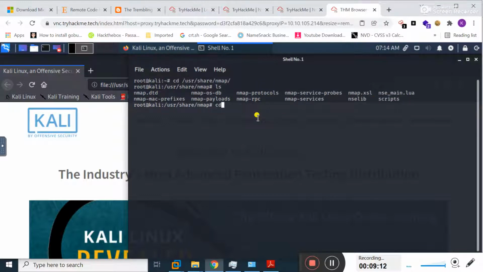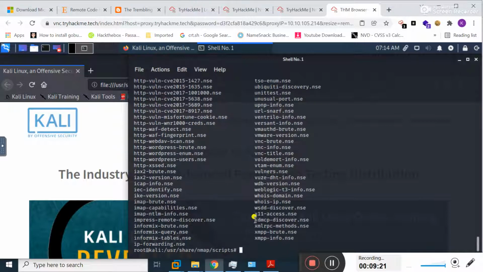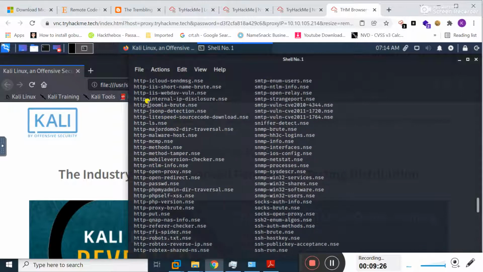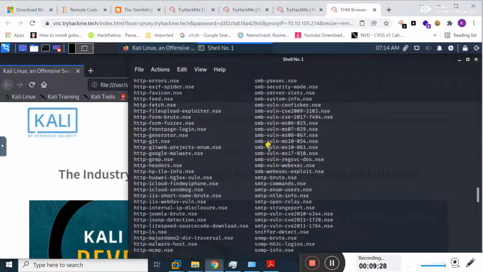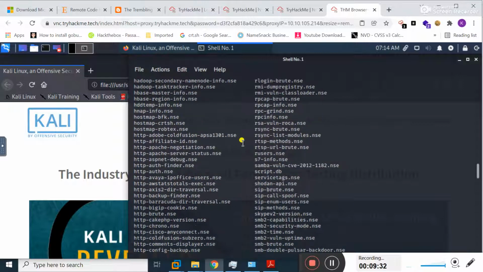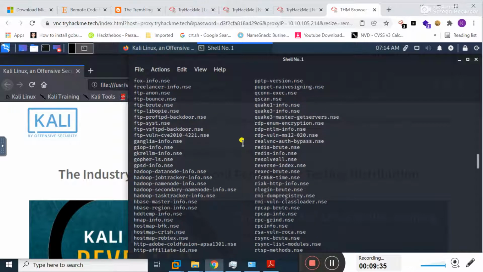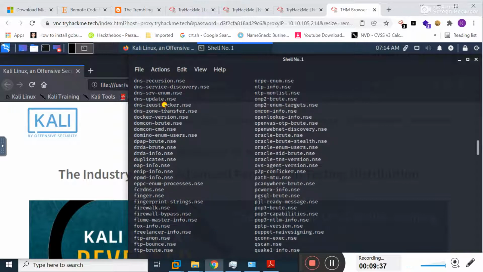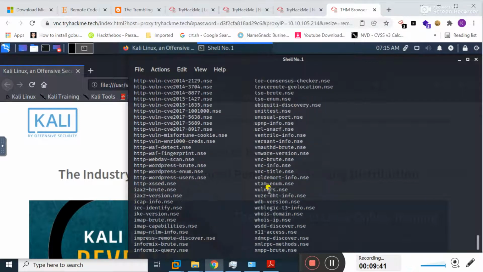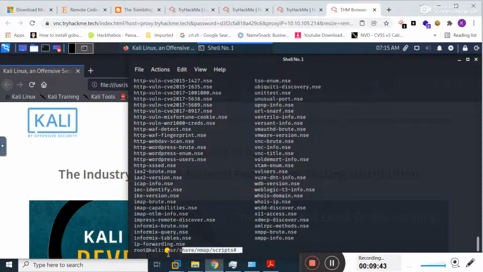If I type here cd scripts, enter, ls, obviously it will display a lot of scripts to me. Here you can see some HTTP scripts are present, SMTP scripts, SMB scripts, HTTPS scripts, FTP scripts, and DNS scripts are present here. So this is the location where nmap scripts by default reside.